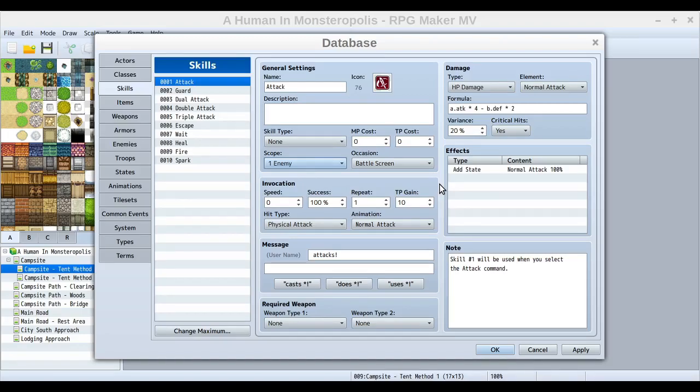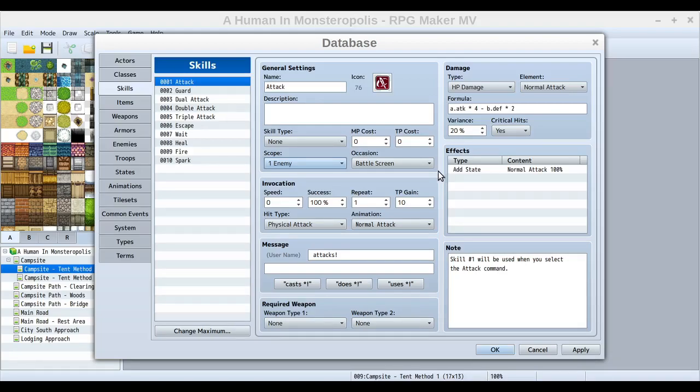With magic points, the idea is you start out full, and then as you use spells and stuff, they go down and down and down, and then eventually you can't use any more spells because you ran out of magic points, and then you have to have some way to refill the magic points, like buy an item, or maybe resting to recover your characters 100% of the way, or full recovery or whatever. But with the TP tech points, whatever, they start off at basically 0, and then you build them up gradually.